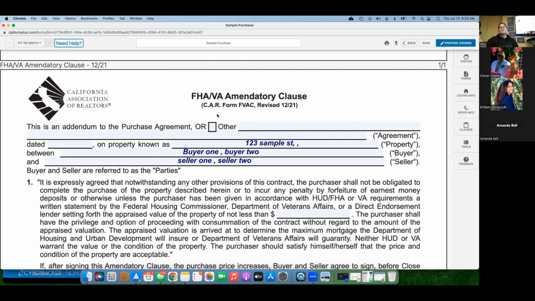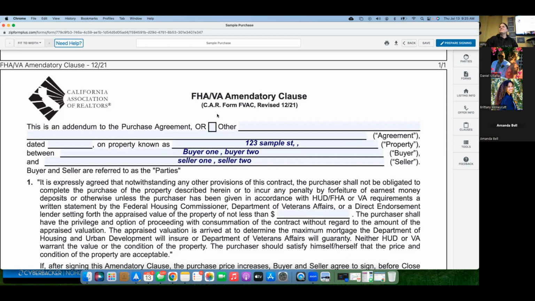But the problem is, if on the purchase agreement you identified that it was conventional financing, we are now changing the terms of the financing, although it states in the purchase agreement that we can do that. We can, and the seller can't prevent us from switching financing types, as long as it doesn't cost them any money or delay the escrow or any timelines. What I'm seeing is